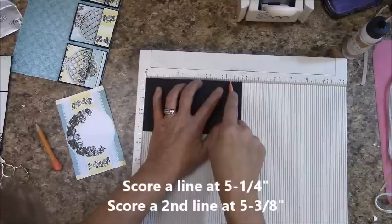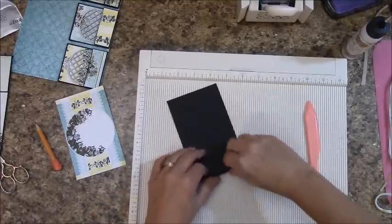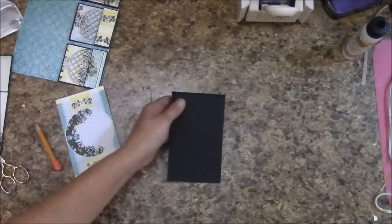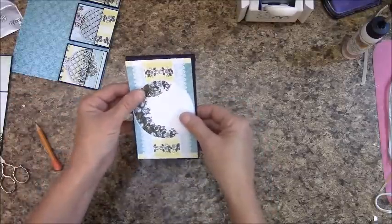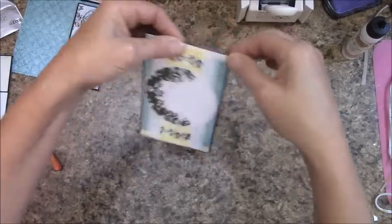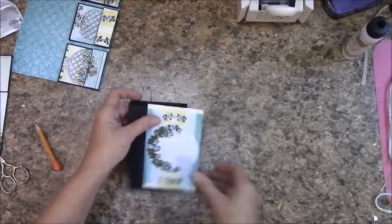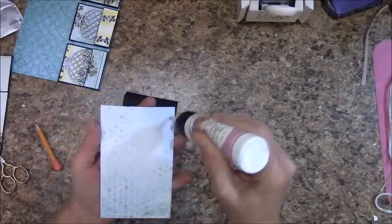And then at 5 3/8 of an inch, let's score. And then we're going to fold on our score lines here. Now, before we do anything, let's just make sure that if we place this down now, tuck your flaps all the way to the back, behind, that now you have a black border showing around. If that's the case, and you're good to go like I am, let's apply glue to this